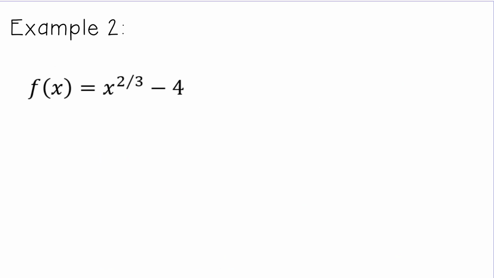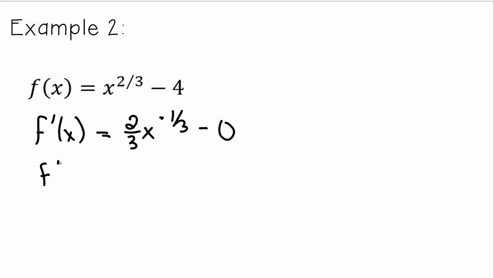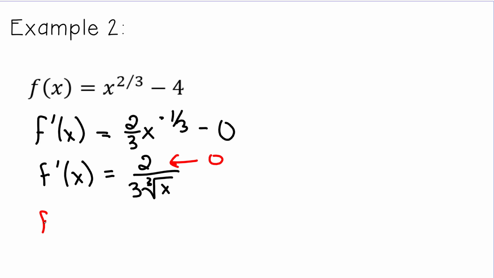Okay, so this is our second example. In this example, we are going to, again, take the derivative. So f prime of x equals 2/3 x to the negative 1/3, I'm subtracting 1 there, minus 0. So I'm going to go ahead and rewrite this as 2 over 3 cube root of x. And the two things we need to know is where is this derivative equal to 0? And that deals with the numerator, and the numerator will never equal 0. So we don't even need to worry about it, f prime is never going to be 0. But f prime of x is undefined